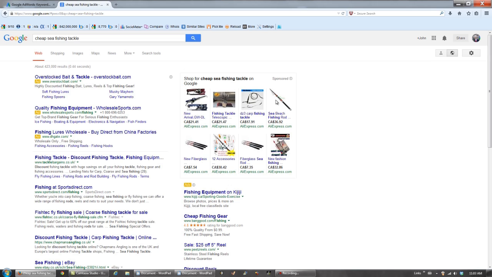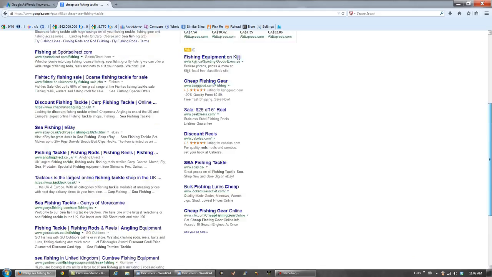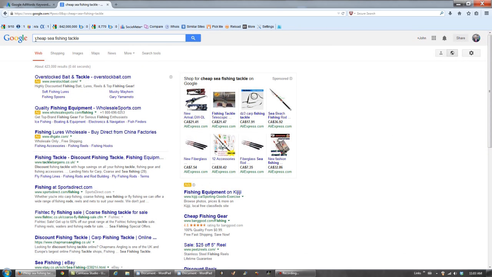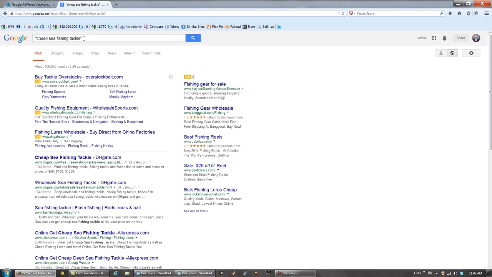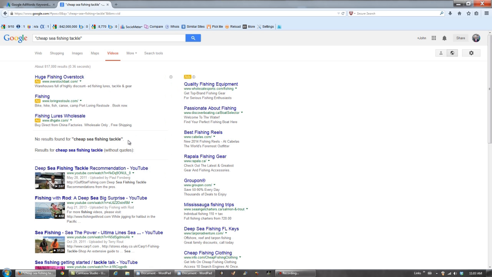Good, it's a money keyword. Look at all the ads on the right. Let's check out our competition. 106,000 competing websites. This is okay. Let's go to videos. When no results for cheap sea fishing tackle comes up, you're actually being told that you have absolutely zero competition. So there's your second web page right there. So you copy it, take it back to your document,